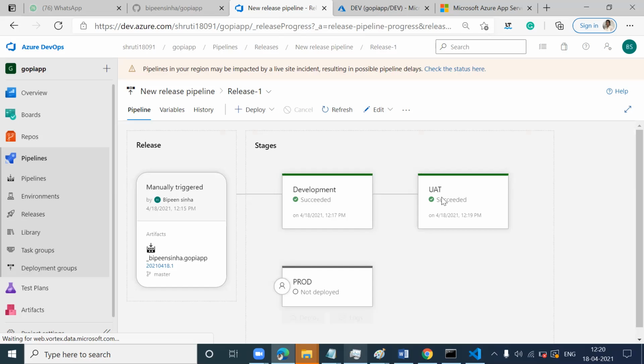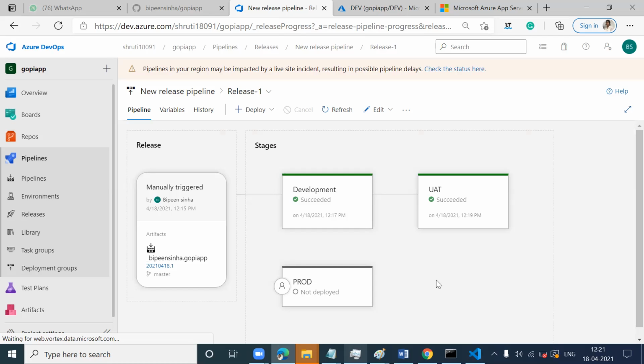When the UAT team also gives the go-ahead that everything looks fine, the application is perfect, then only can we deploy this app in production. In a real-world scenario, you must first test your application. Otherwise, if you do not test and release something that might not be correct, it is going to create a problem for you as well.